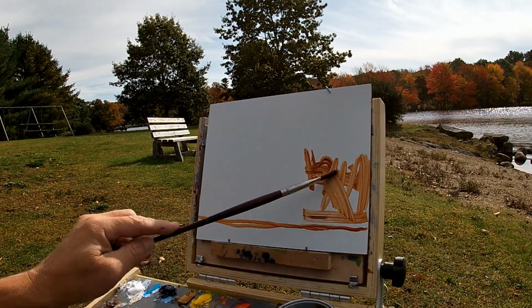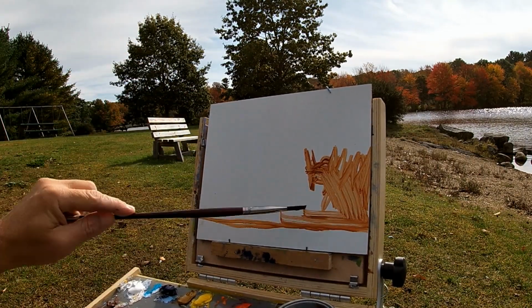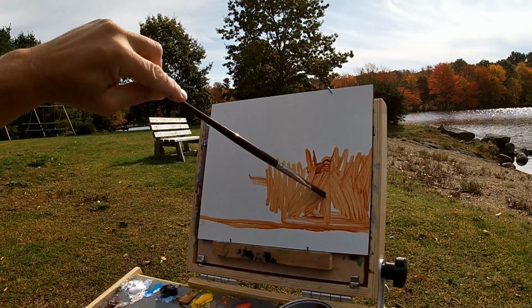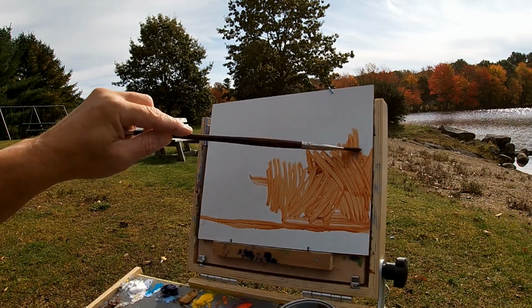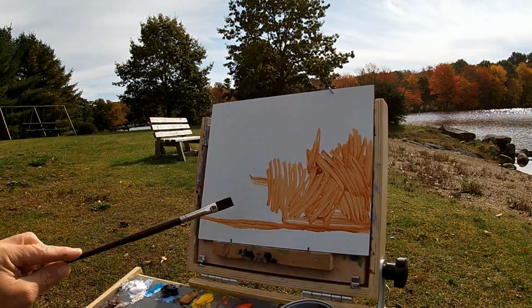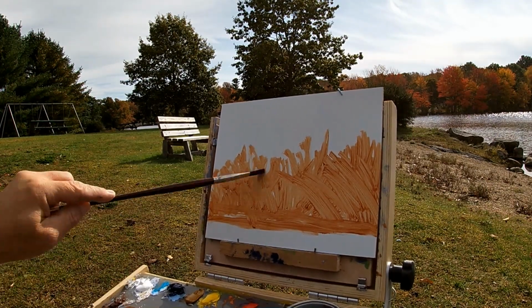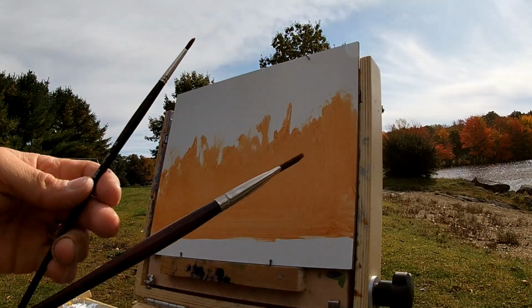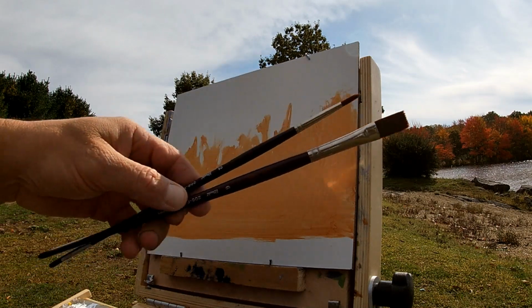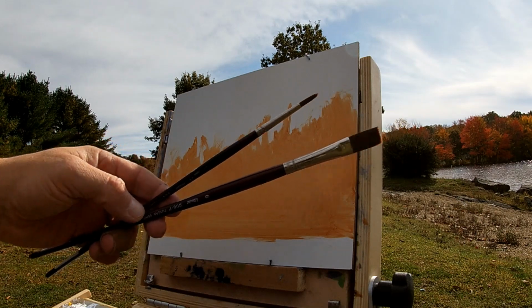Right off the bat, this feels super slick. The acrylic primed Ampersand Value panel. This should be interesting. Totally different surface than I'm used to, for sure. The good thing probably with this, if you wanted to wipe out and take back to white, you definitely can very easily. Right now I'm just going to be using the Utrecht Tuscan series brushes, size 2 round and size 6 flat,